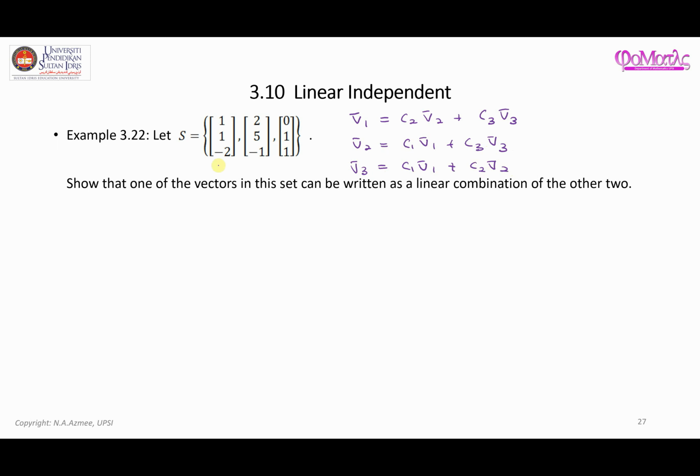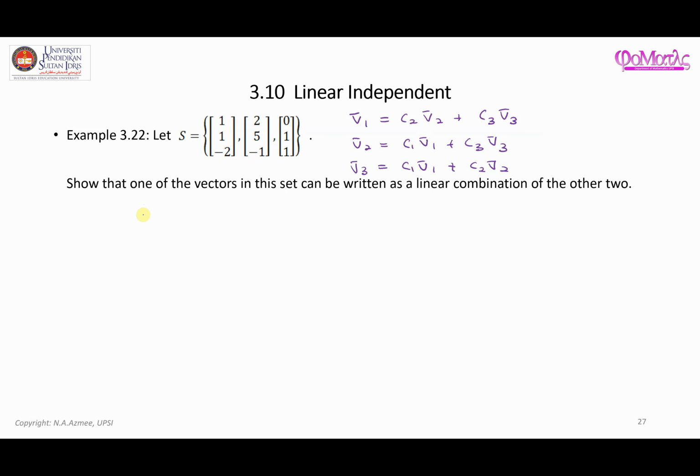So here we have three vectors, and we could have three possible combinations which we don't know yet, and we can't really show at this point of time. So in order to study what sort of vector can be expressed in terms of the other two,